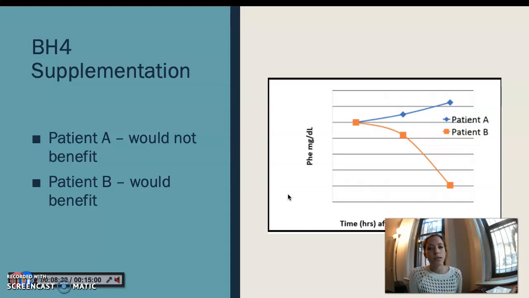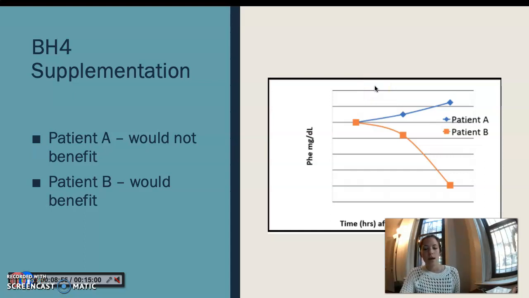During the BH4 loading test, synthetic BH4 is dissolved into 20 milliliters of water in dim lighting. It's administered to the patient at least 30 minutes before a meal, and blood levels of phenylalanine are measured 3 times total. They're measured before the meal and then 4 and 8 hours after the meal. As we can see from this graph here, patient A and patient B both have similar blood levels of phenylalanine